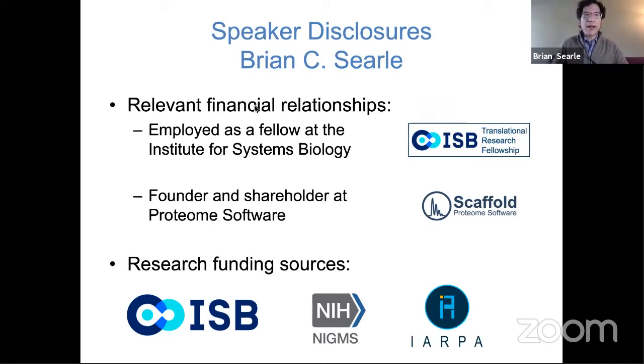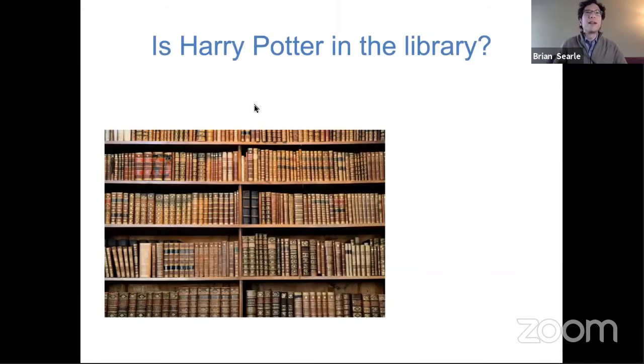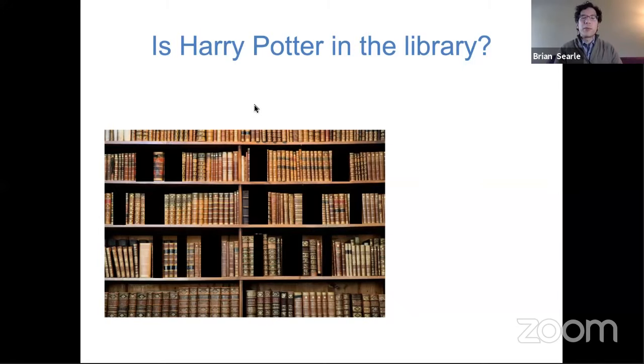So with that, I'd like to start to get into one of my favorite topics, which is what would you do if you were interested in finding, say, for example, my favorite book in the library, say Harry Potter and the Prisoner of Azkaban, and I might want to go and try to find this book. You know, if I were going to the library to do this, what I probably wouldn't do would be to take a bunch of books off of the shelf, maybe take the biggest ones first, and then pull